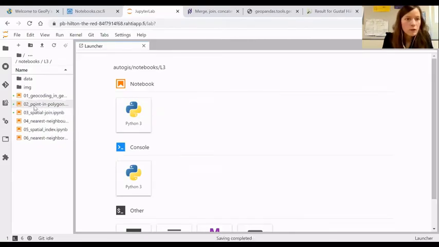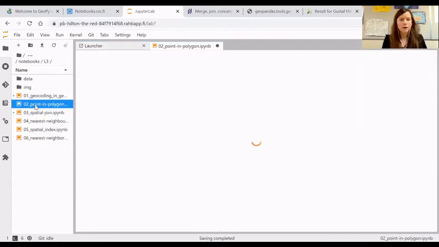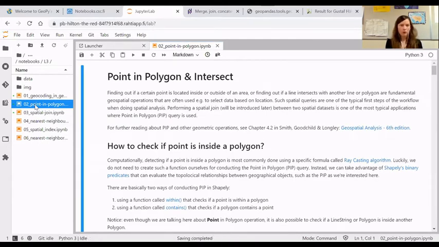So let's continue then with this point in polygon notebook that now brings us to the topic of spatial queries, investigating spatial relationships using GeoPandas and Shapely. So this